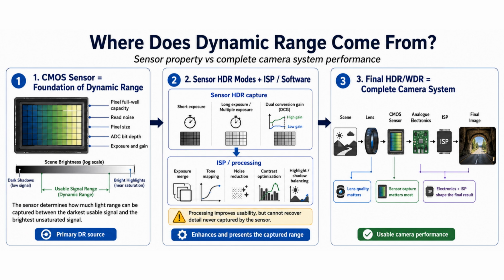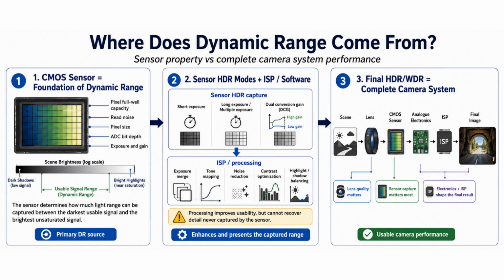This image explains where a camera's dynamic range comes from. It begins with the CMOS sensor, which forms the foundation. Pixel capacity, read noise, pixel size, ADC bit depth, exposure, and gain determine how much brightness information the sensor can capture. Next, sensor HDR modes and the camera's ISP combine short and long exposures, apply tone mapping, reduce noise, and